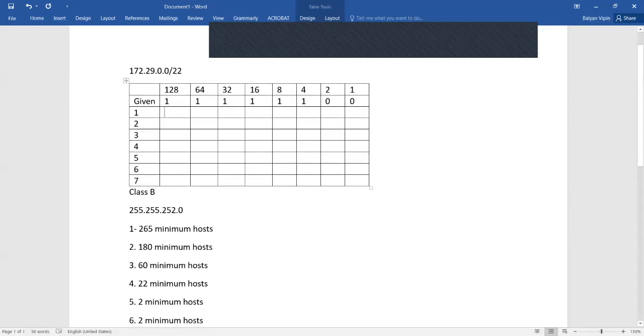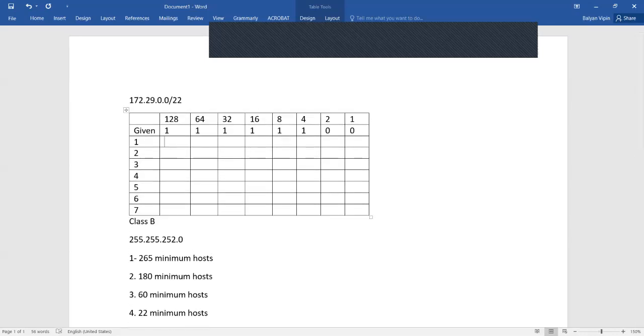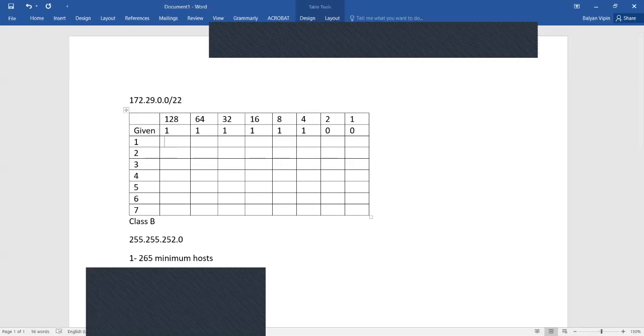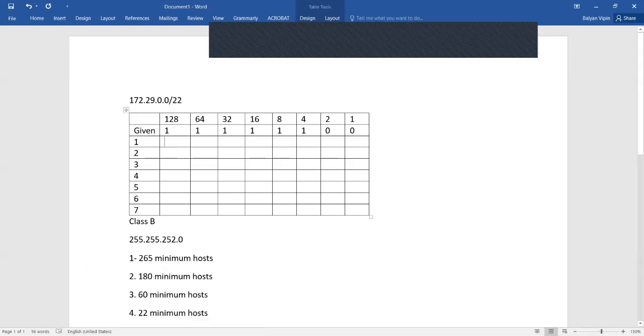Now, what we are doing here is that we need 265 minimum hosts.